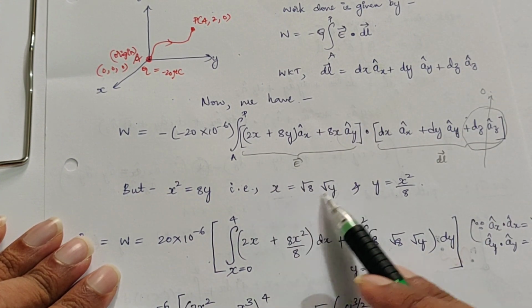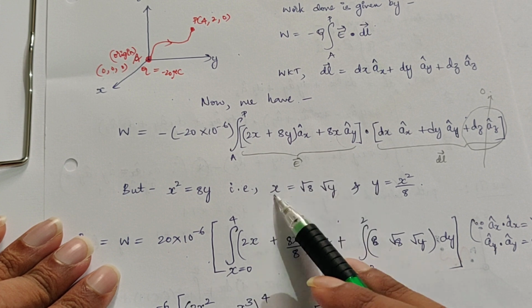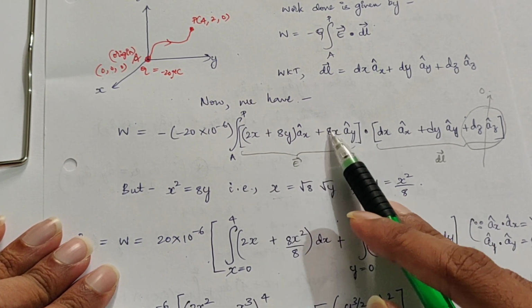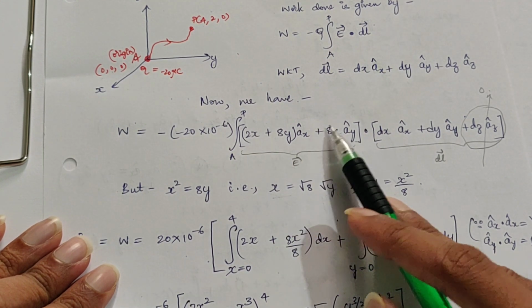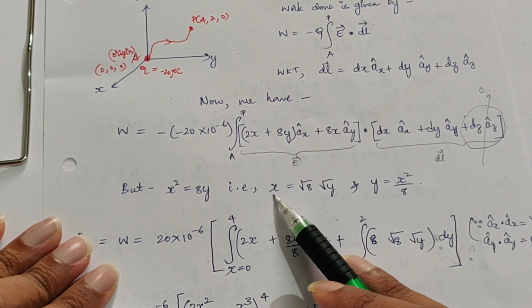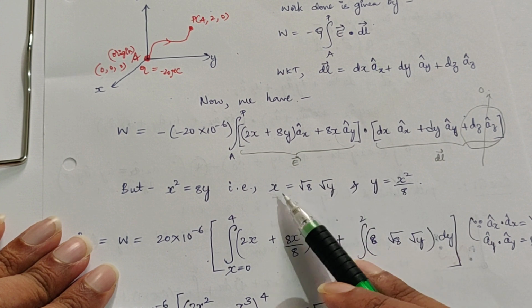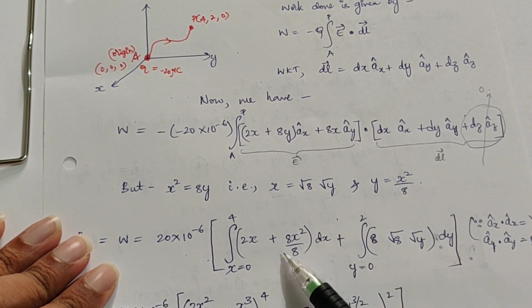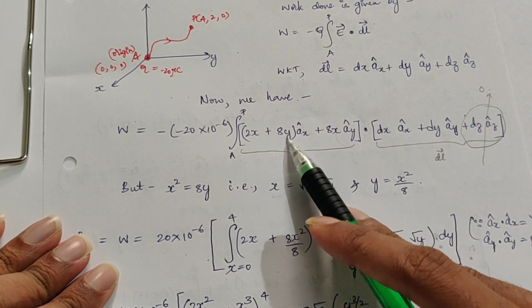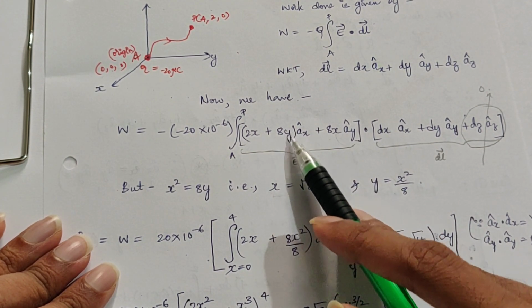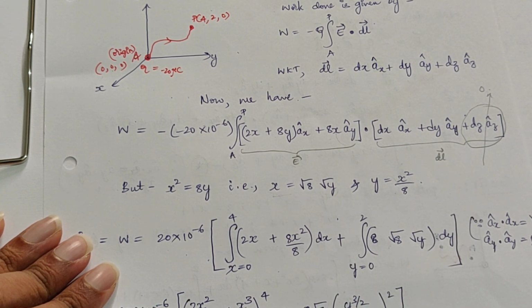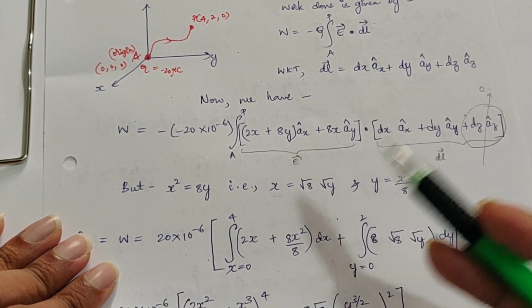So I have substituted this instead of x, because I don't want an x here. It becomes like a constant, and I cannot integrate this. So what I do is I substitute the value of x here. Now it is in terms of y, and I can easily integrate. I've done the same here. Instead of this y, I have substituted the value for y, which is x squared by 8. So anyway, I have to integrate it with respect to x. I can easily do that now.